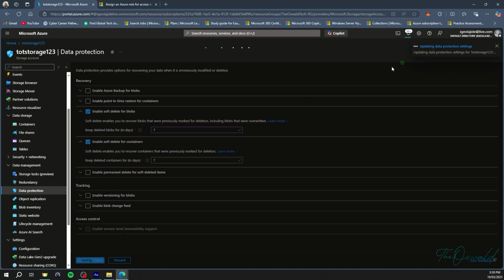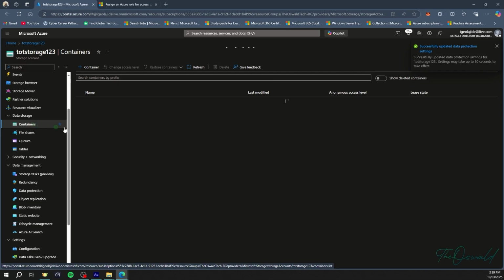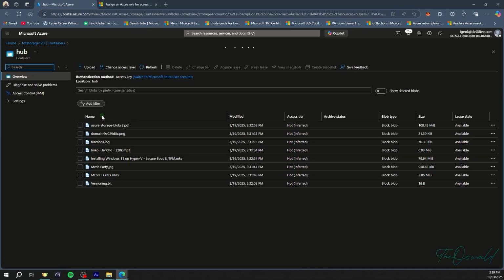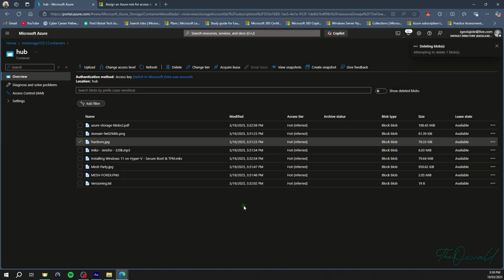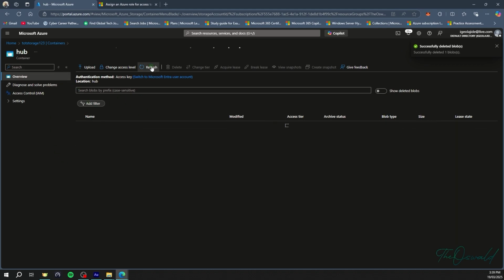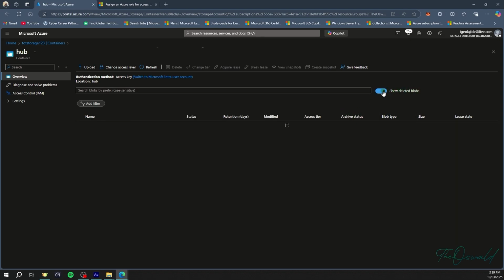While that is going on, I'm going to just move back to my containers. So let me show you what this means. So we'll come back to our hub container, and I want to delete this fractions. So I can just come here and delete fractions. I'm not going to bother about the snapshots, just delete fractions. It's not available anymore. If I refresh this, you cannot see it. It's gone. It's supposed to be permanently gone, but if I click on show deleted blobs right here,